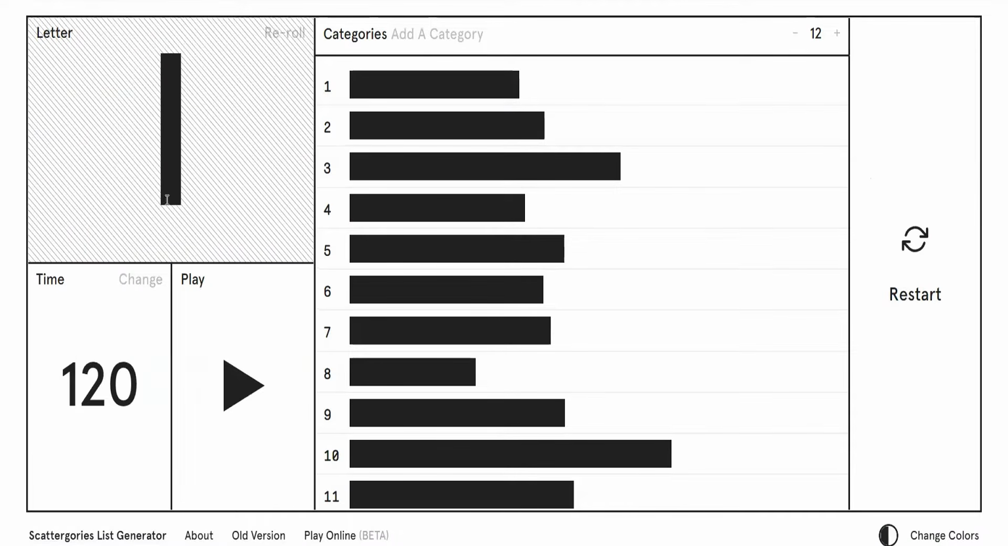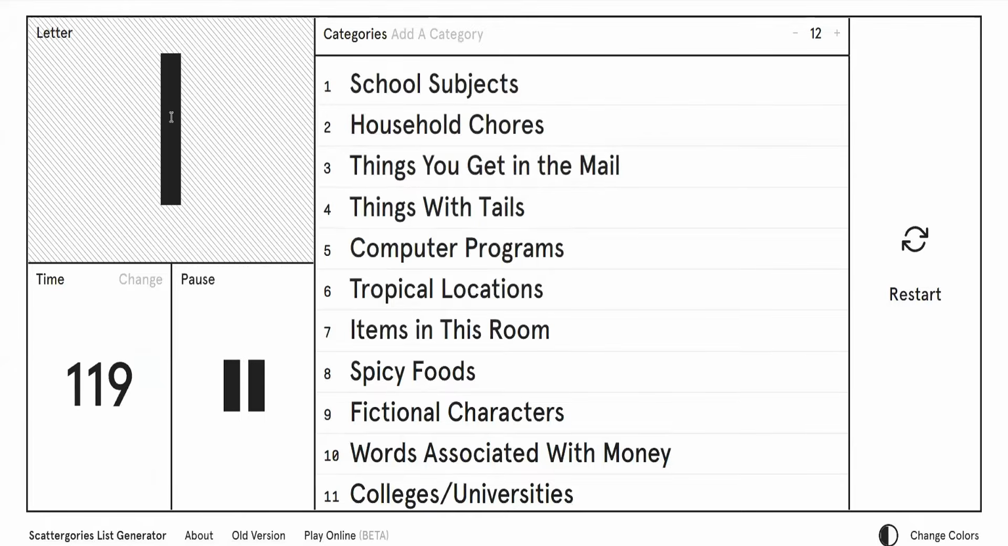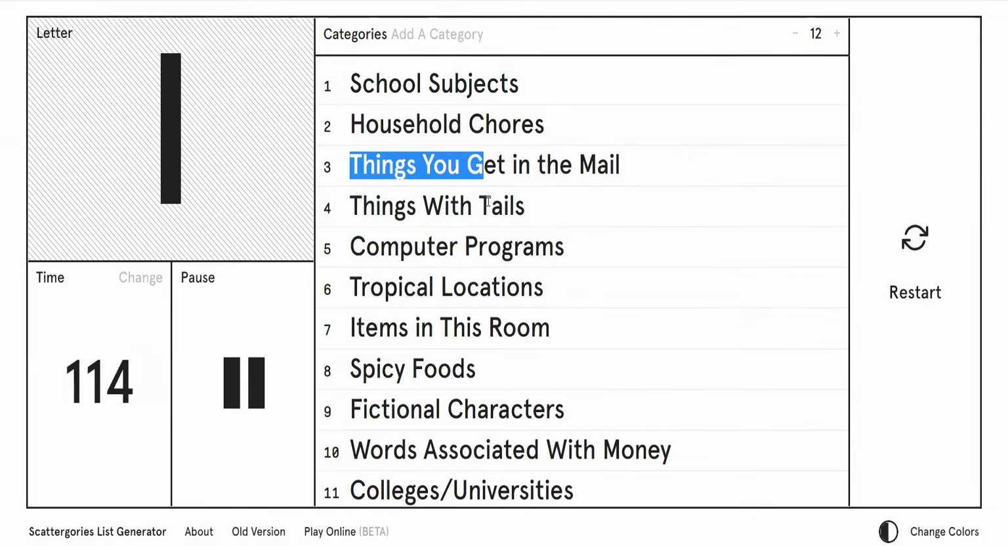You've got a timer here, a random letter, the categories, and restart. So let's press play. This is the letter, school subject, household chores, things you get in the mail, things with tails. The next site I want to show you is called